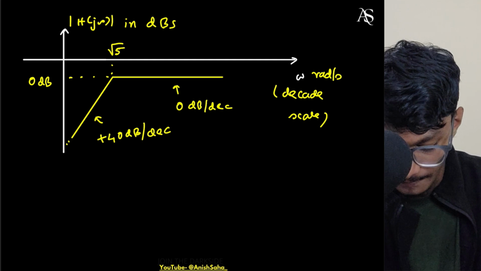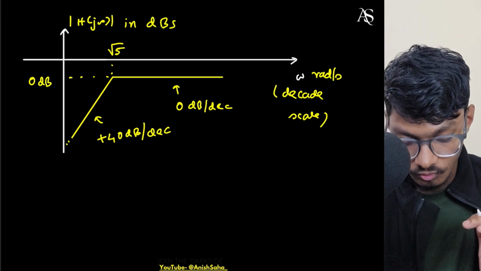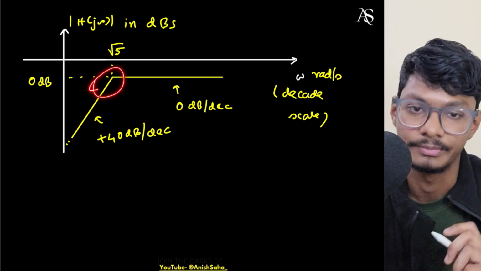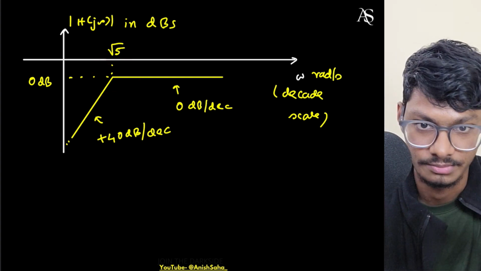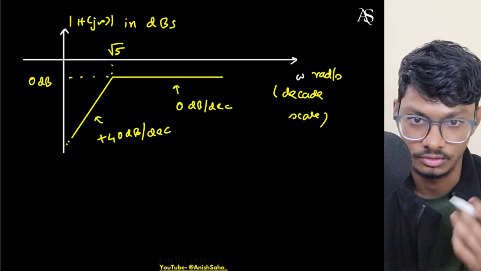So this is one thing. Okay, now what will be the actual plot? Like in Bode plot, what is happening, we are approximating here very badly. Like I've explained in my full course, this is a very bad approximation. Basically there is huge error here, but still we do it because we just want to plot the approximate